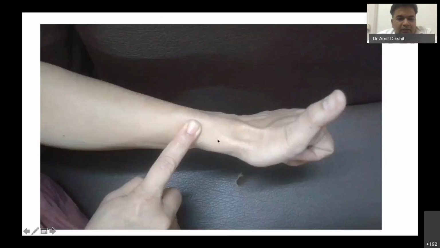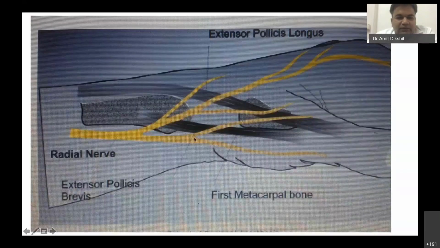So again, the radial nerve, if you trace it really distally, roughly 5 centimeters above the anatomical snuff box, divides into cutaneous branches, and so you can trace the radial nerve, the superficial branch, only to that level. Below that, it will be the cutaneous branches, so you cannot block it at that level. It is more of a local infiltration. So this is how the radial nerve divides and forms multiple branches. So it is again challenging when we are doing a wrist block.